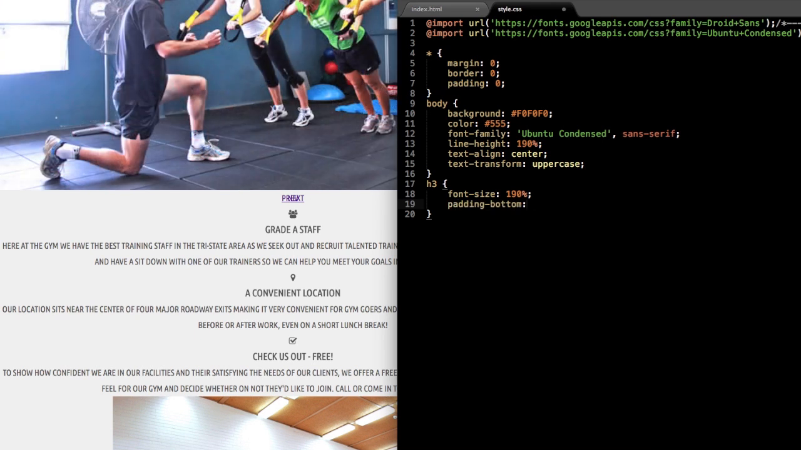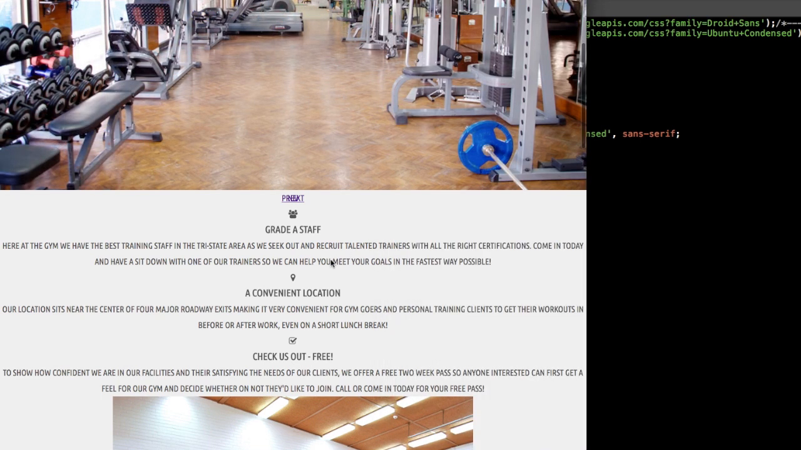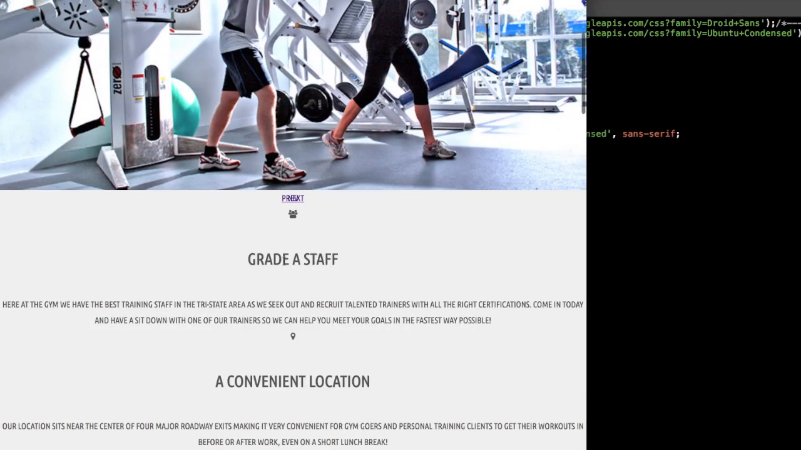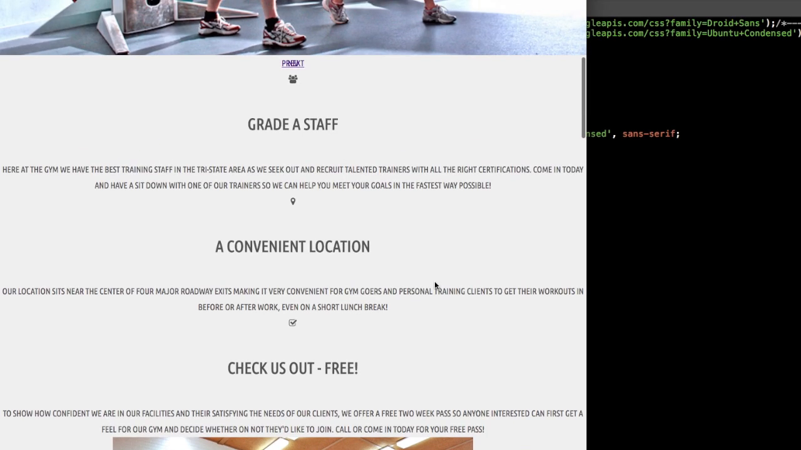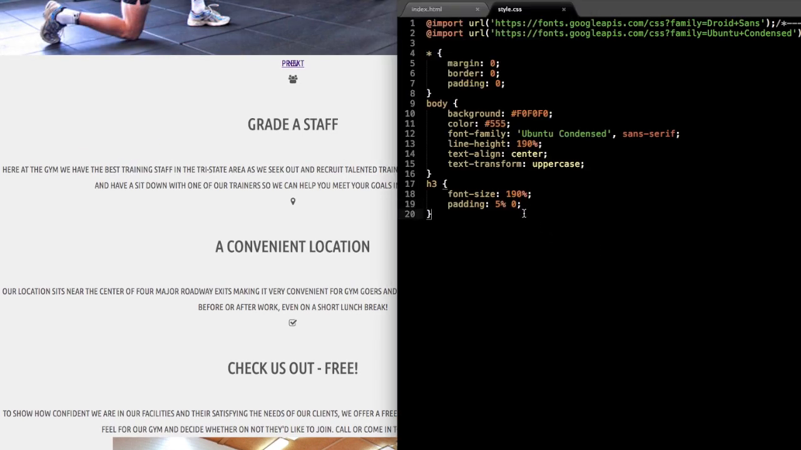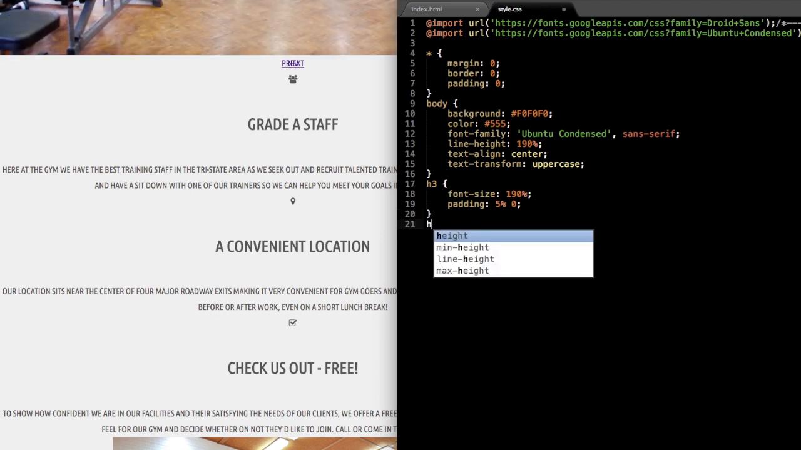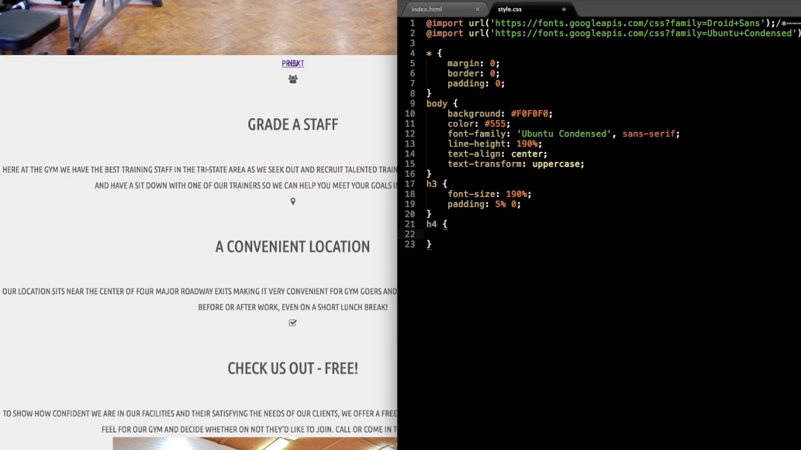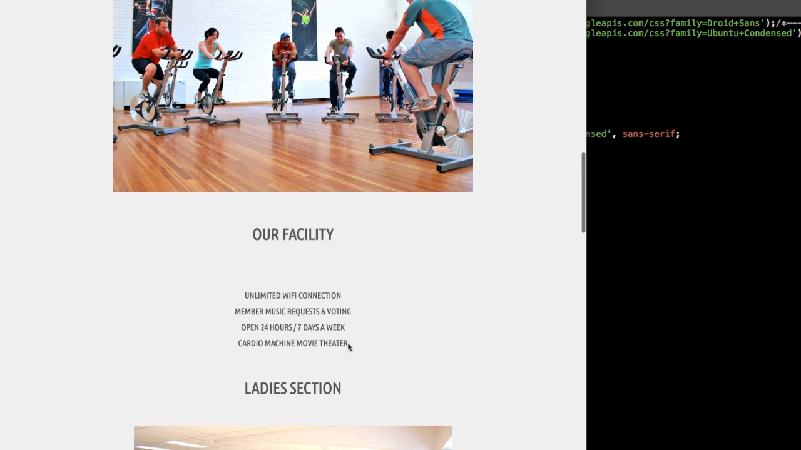Then to create some padding on the top and bottom, we'll give it padding 5% top bottom, 0 left right. So the 190%, and as you can see there's padding on the top and the bottom, 190% is of the inherent font size for Google Chrome, which is 16 pixels. Alright, so let's do our heading 4 now, which is inside of the unordered list for the R facility